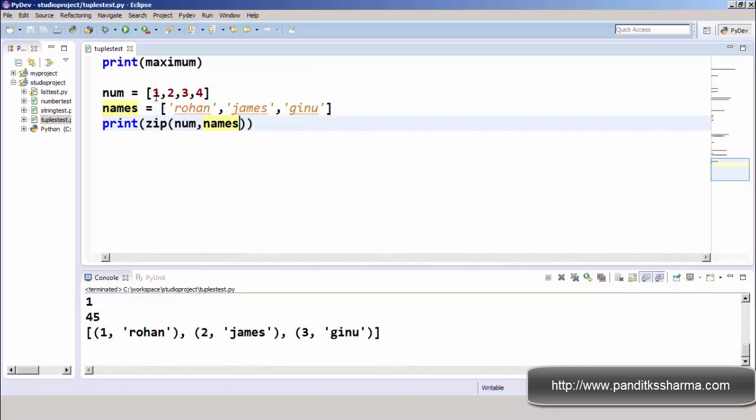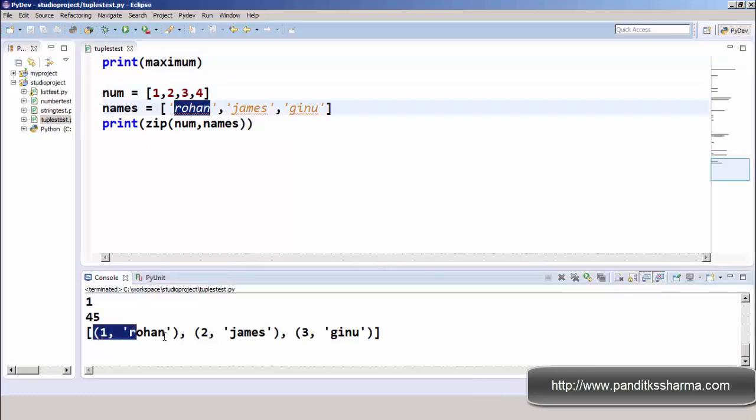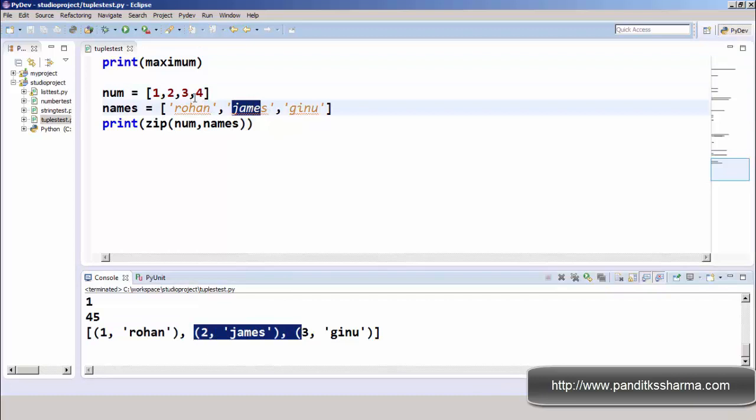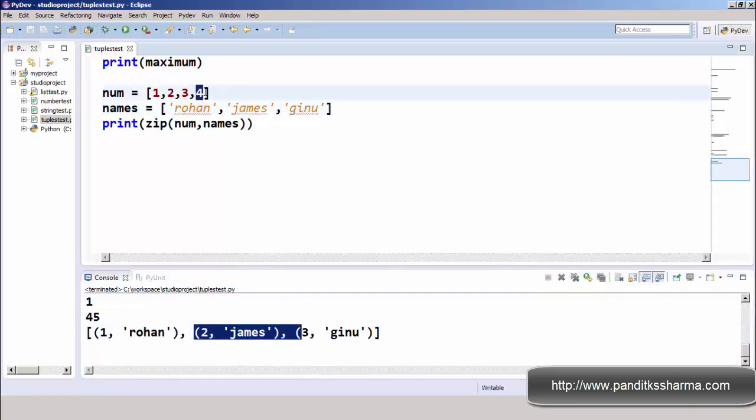The output is: the first element of the num list and the first element of the names list got bound inside one tuple, and the second element of the names list got bound likewise, till 3, because in names there is no fourth value.